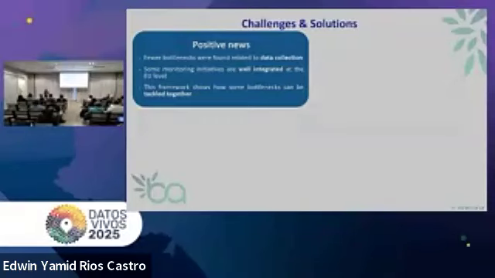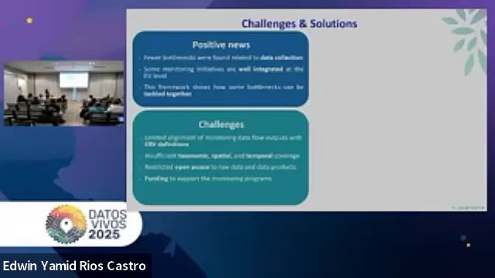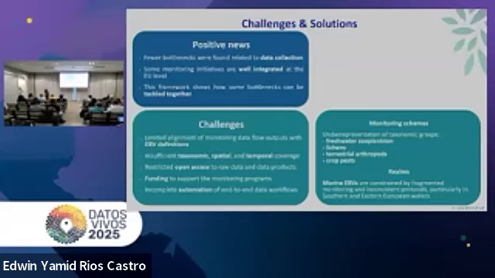Okay, so what's the bad news here? There is limited alignment of the monitoring data workflow and the definition of the EBV, and there is insufficient taxonomic, spatial, and temporal coverage. There is restricted open access to most of the data of those monitoring initiatives, and a lack of long-term funding support. There is also a lack of complete automation of the end-to-end data flows. These are really the forgotten ones, especially in marine EBVs.